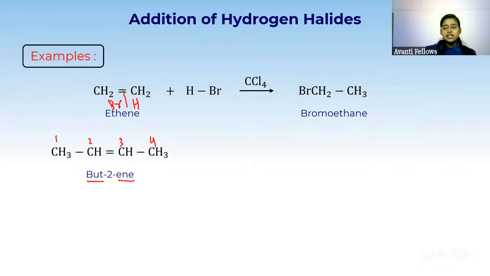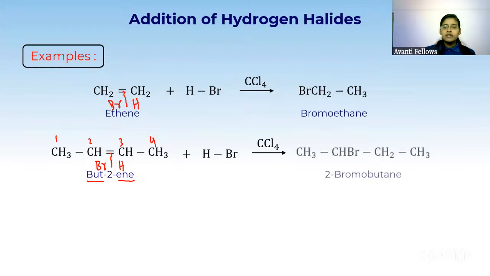So if I treat this with HBr in presence of CCl4, what will I get? I will get a haloalkane. So what do I have to do? I have to break this bond, add H to one carbon and the Br to the other carbon. So we will get the product like this. Got it? So let me number the carbon. 1, 2, 3, 4. And to the second carbon, bromine is attached. So it is called